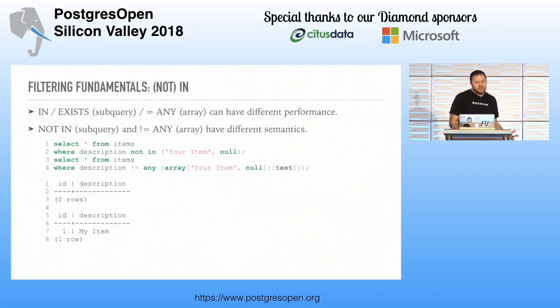We often use IN and then a list or a subquery, and EXISTS and a correlated subquery, or equals ANY and then an array to execute the same semantic value. But they can have different performance. Sometimes the planner magically makes them all the same, and it's actually pretty intelligent about, for example, turning a correlated